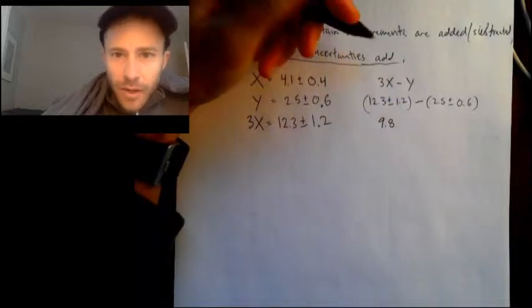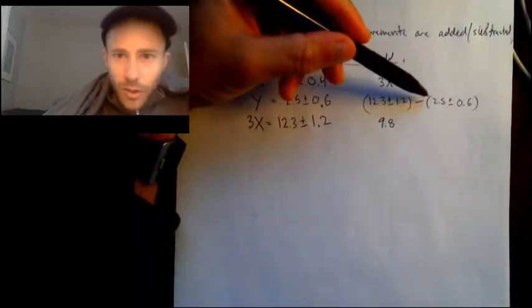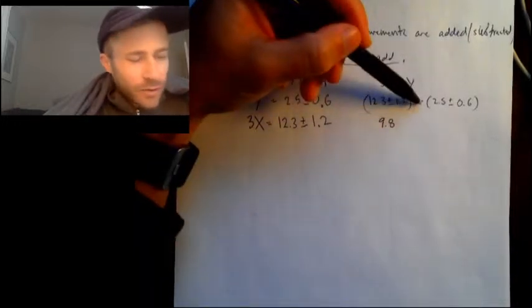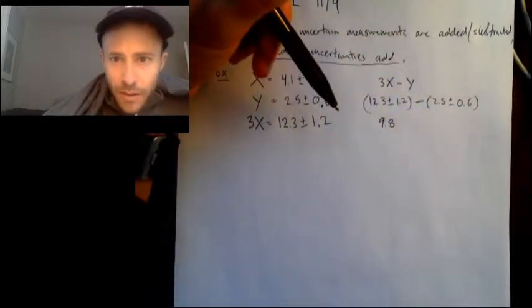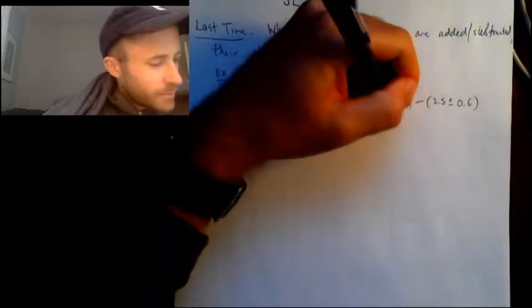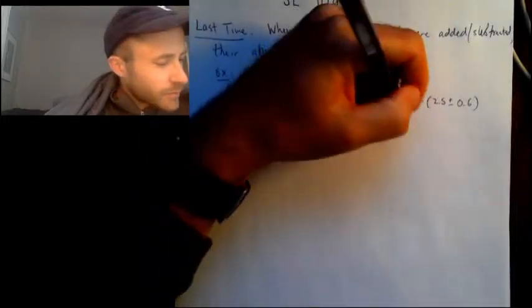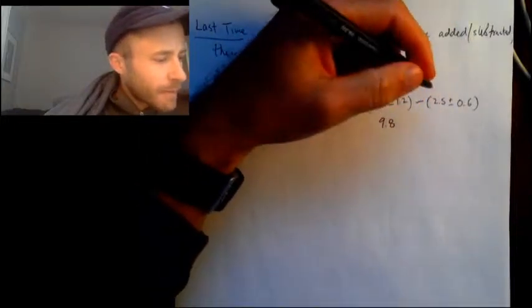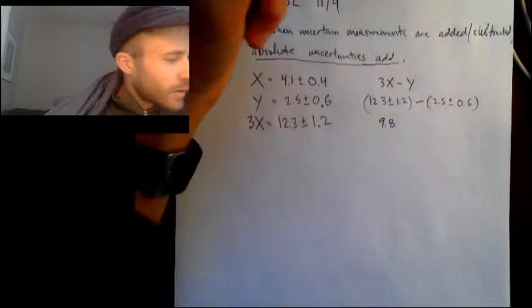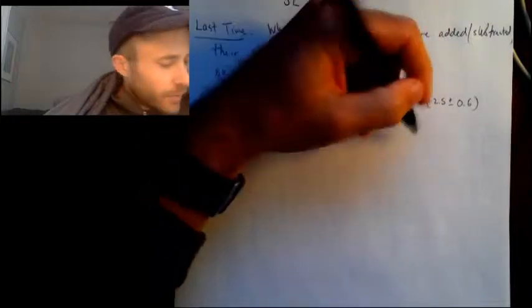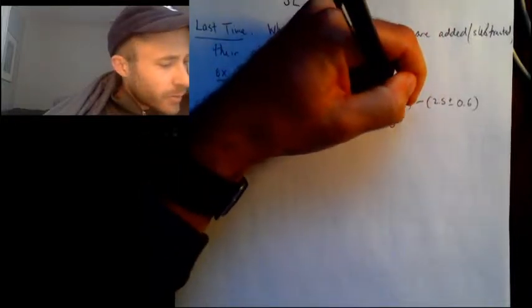And then with our uncertainties, we're going to add them. So even though it's subtraction, we still add them. So we have 1.8 is 1.2 plus 0.6. Okay, so we would get plus or minus